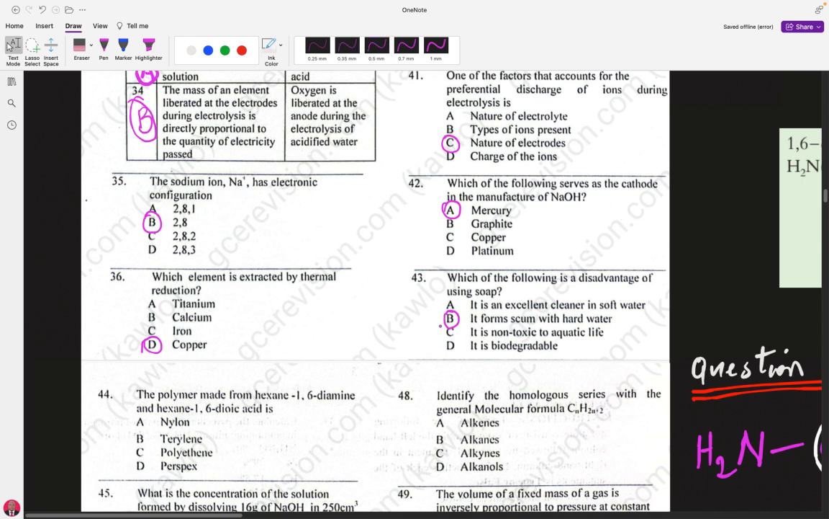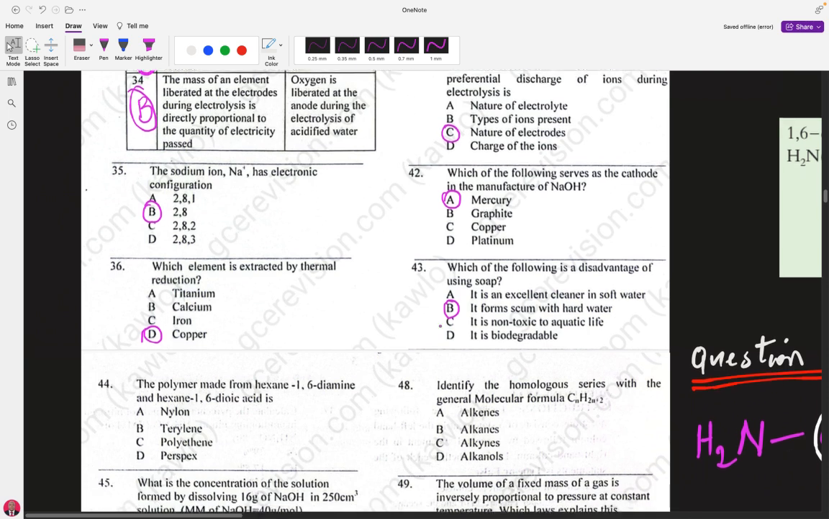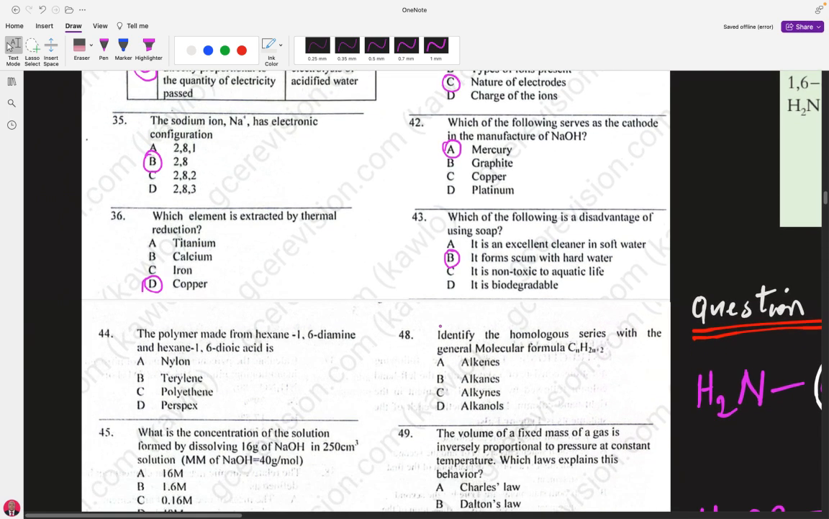44, we go to 44. 44 says the polymer made from hexane-1,6-diamine and hexane-1,6-dioic acid is nylon, terylene, polythene, perspex. Remember that hexane-1,6-diamine,